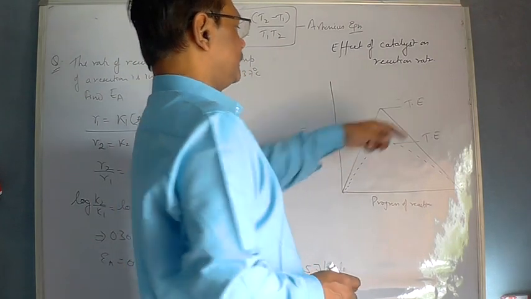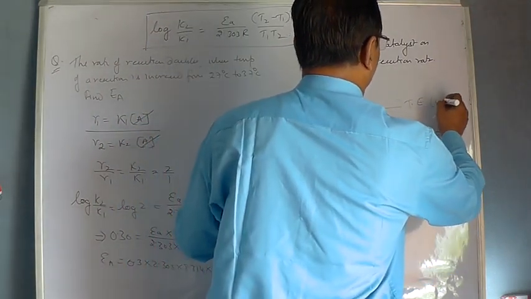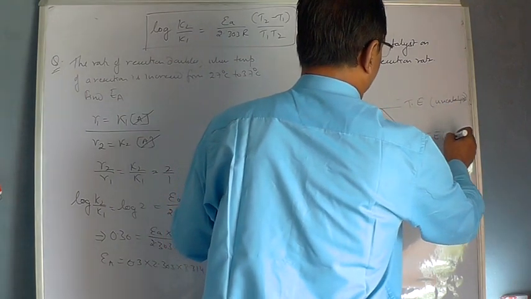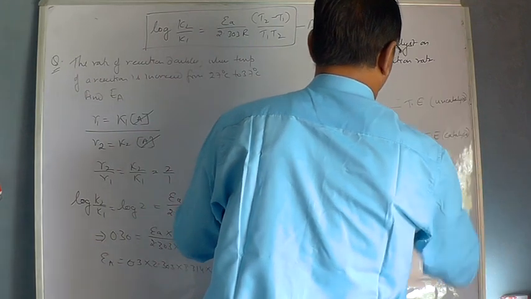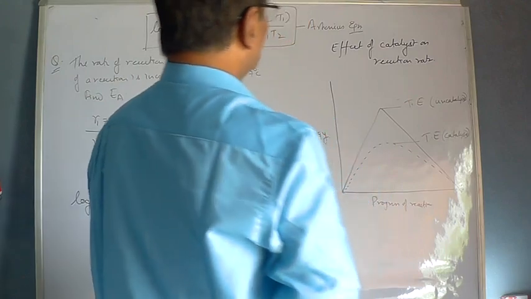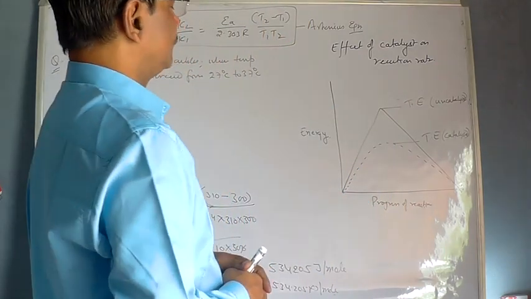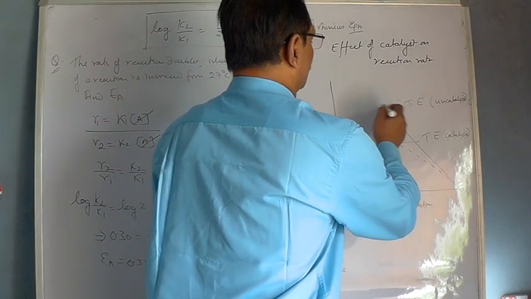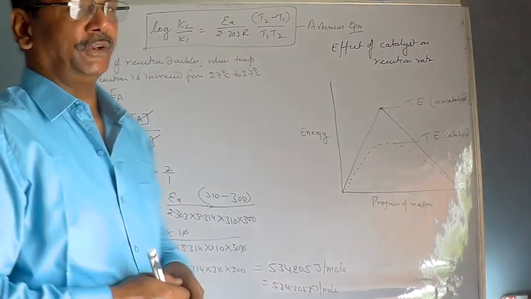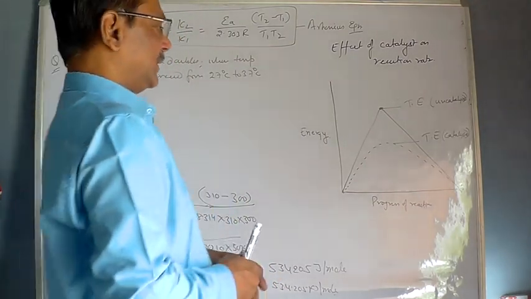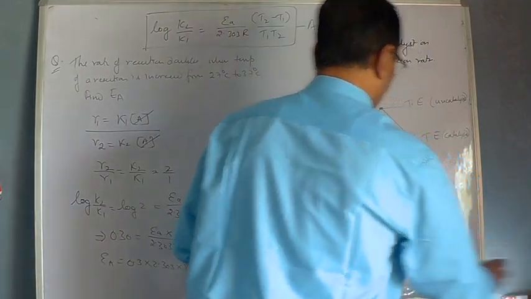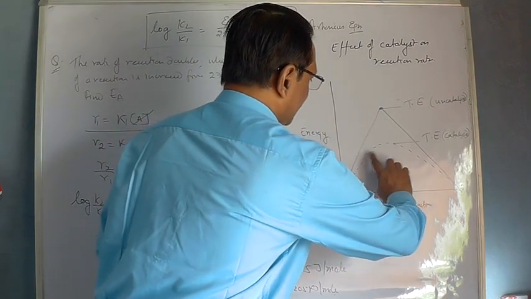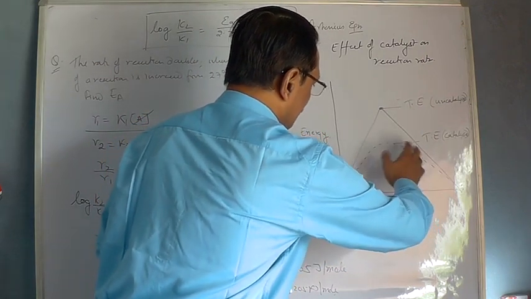This was my threshold energy, uncatalyzed, and this was your catalyzed. Class, just see the peak. What do you find? That the reaction is uncatalyzed one, very few molecules are possessing threshold energy, therefore very few molecules enter into the reaction. But as soon as the reaction becomes catalyzed one, we find that the value of threshold energy has been lowered, and now we will find that the graph is somehow flattened,